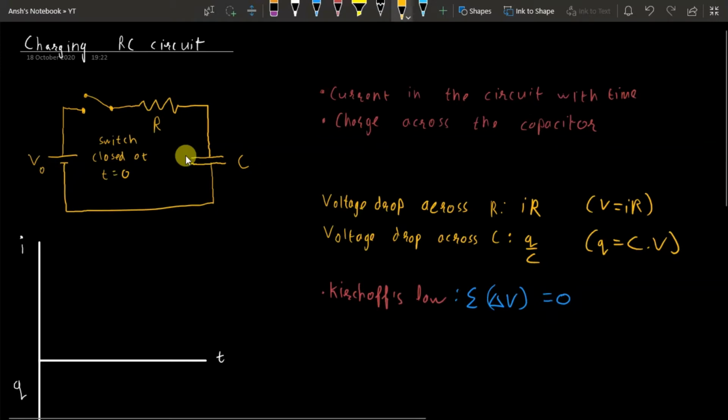If we were to plot the current roughly, it would start at the maximum value, and the maximum value would be when the capacitor behaves as a straight wire and allows all the current to flow in the circuit. At that point, the current in the circuit would simply be determined by the resistor, and that can be easily calculated as V naught over R. Then eventually the current would decrease and get all the way down to zero. The trend of this behavior is an exponential decay, but we'll derive this as we go.